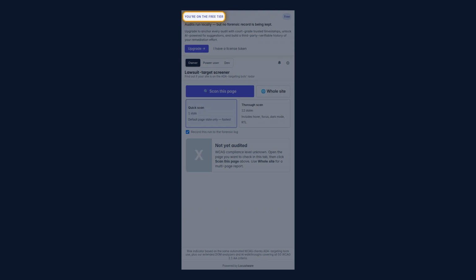Right at the start, there's a little banner that reads, "You're on the free tier." That's just me being upfront with you. It means every audit is running locally on your machine and nothing's costing you a dime. The trade-off is there's no forensic record being kept, but for most folks just getting started, that's exactly what you